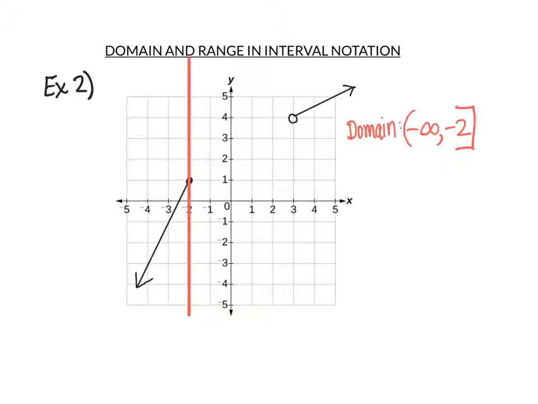Now notice that there is a relatively large piece in between x equals -2 and x equals +3 that is not included. Because of that, we need to create a new interval, and to do that, we are going to use a union symbol, which looks like a U. So we'll draw that in between here. And now we are going to continue with the numbers for our second interval.